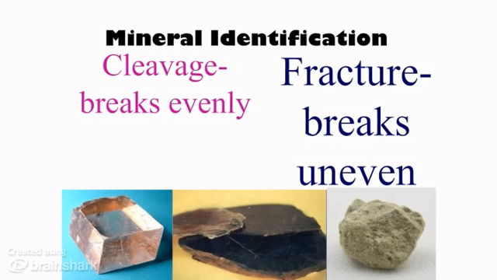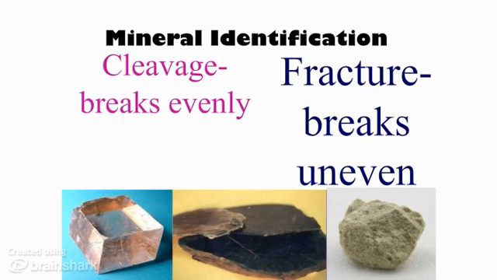These next two mineral identification tests kind of go together. Both of them have to do with the way that minerals break. So a mineral can break one of two ways. If a mineral breaks with cleavage, it means it breaks with very even surfaces or very flat surfaces. So the picture on the bottom left looks like a cube. This mineral most definitely has cleavage because we can see very flat surfaces on the majority of the mineral.